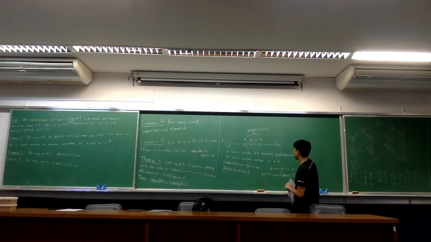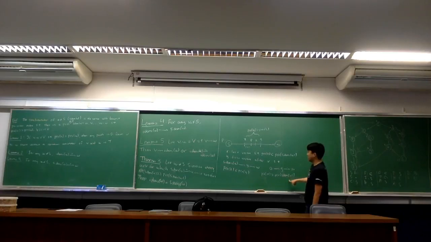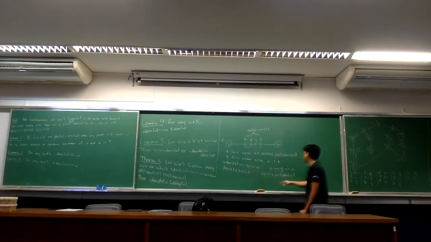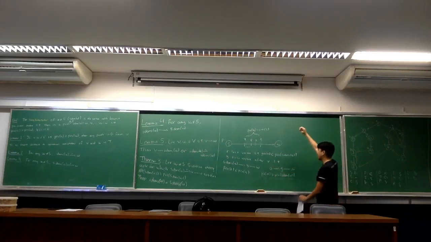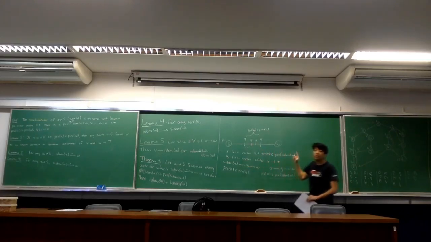Wait, I think we already reached a contradiction. Yes. We know that A is an ancestor of W and has a preorder greater than the sdom of W. So A actually satisfies this, right? This means that sdom of W must be an ancestor of A, since they lie on the same path from S to W. So A satisfies this, and A comes before Y. This contradicts the choice of Y because I chose Y to be the first vertex on this path that satisfies this condition.